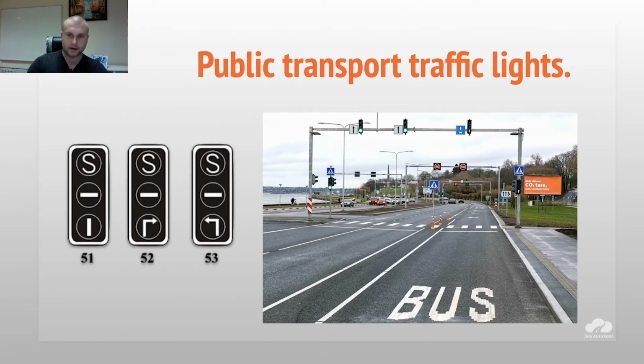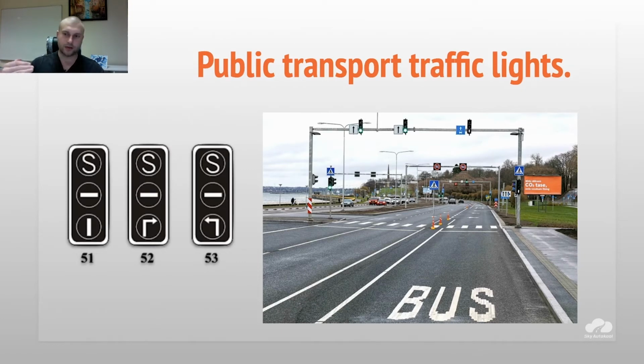Public transport traffic light. It's also a little bit different. So S means stop, this one stripe means yellow, and this stripe means go straight, or right or left. Of course you cannot use bus lanes or bus traffic lights. You have to follow your own lights if you are driving a casual car. And usually this traffic light turns on earlier than your traffic light, because the point of this logic is that